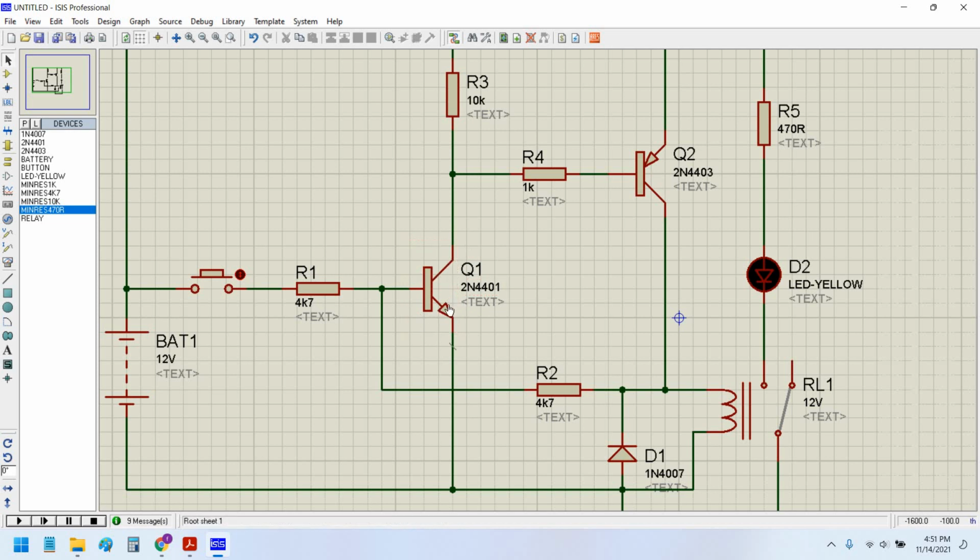This switch will turn on, that is, it becomes a short circuit on high voltage, on the positive voltage on the base. Okay, now as soon as I press this push button, the voltage on the base becomes high and current flows through this, and this turns on the transistor.